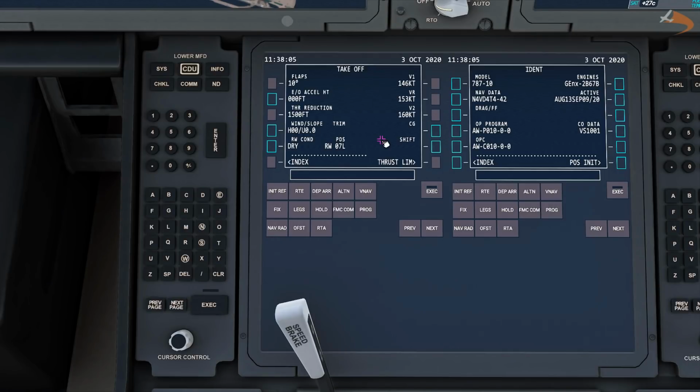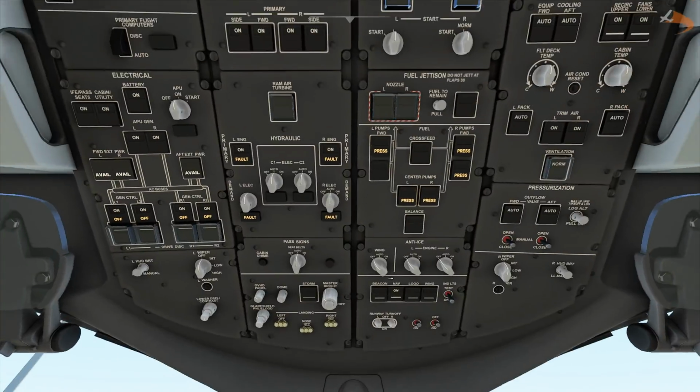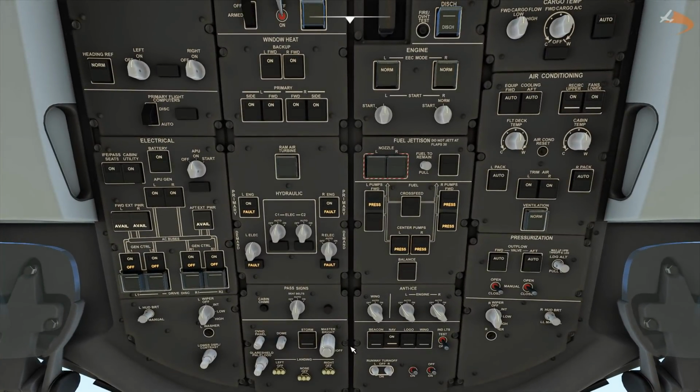So before, it was sending up to like 190 knots rotates at crazy speeds. Now, it's a lot lower, a lot more realistic to the real aircraft. So that's another thing that the 787XE does, which is more accurate and therefore gives you a better experience when flying the aircraft. With that set, you can now head over to the overhead panel, turn on the beacon lights,